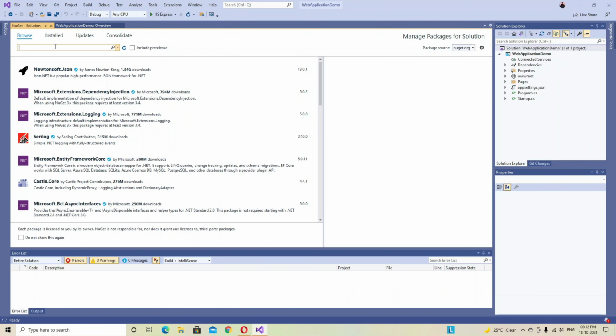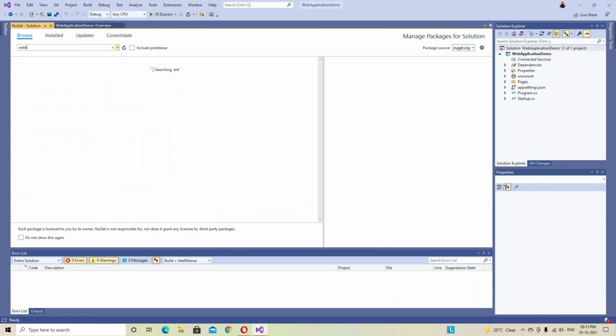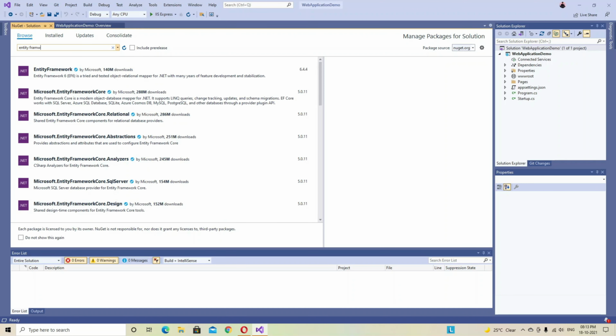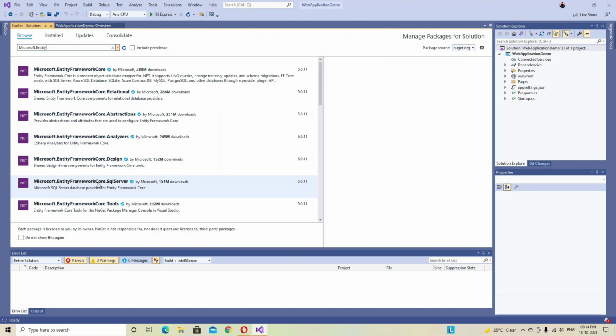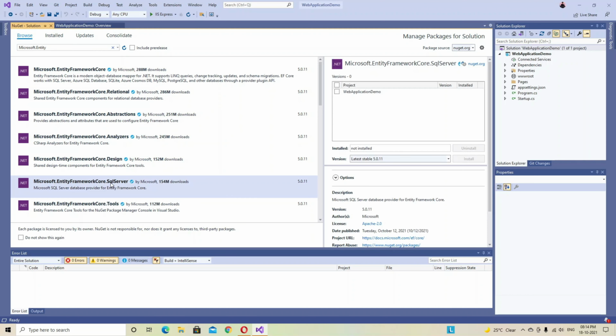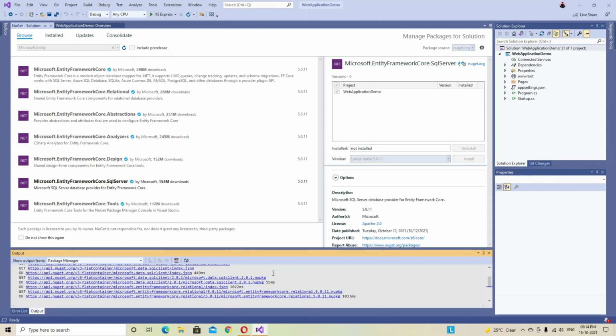In the search text box, we can type Microsoft Entity Framework Core SQL Server. Select WebApplicationDemo, and I will click on install. We can see the status of the NuGet package installation in the output window, and we can see it is successfully installed.